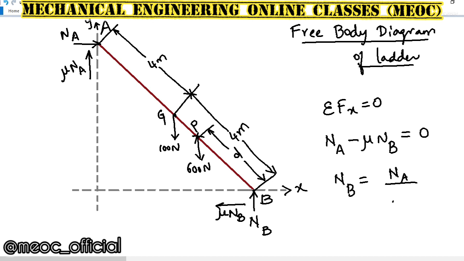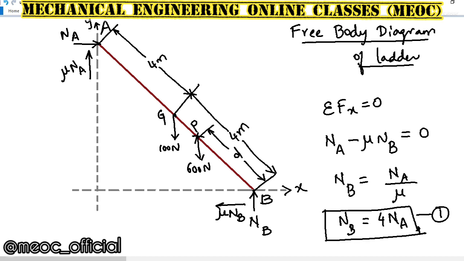NA by mu. Mu is given as 0.25, so 1 by 0.25 will be 4. So 4 into NA is NB. Let this be equation number 1, obtained from one of the equations of equilibrium, sigma Fx equal to 0. And now